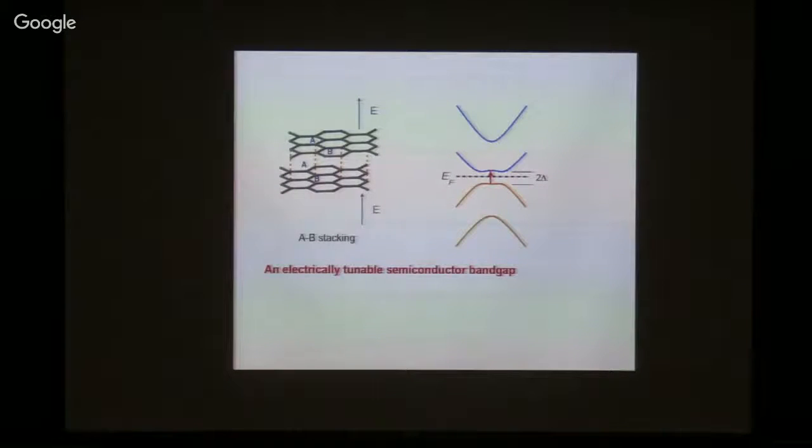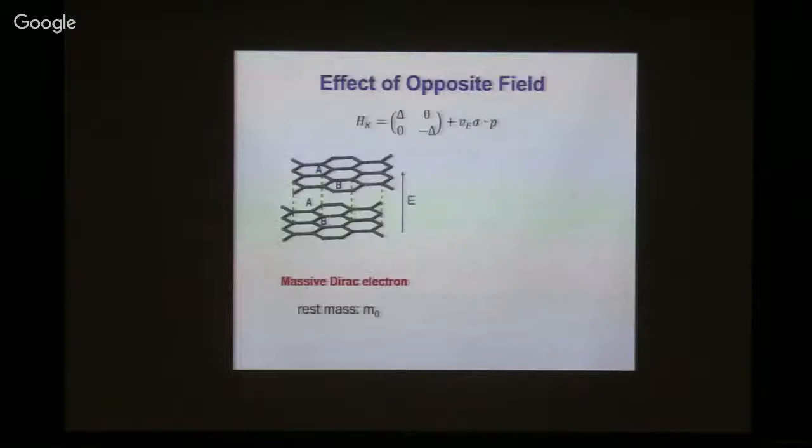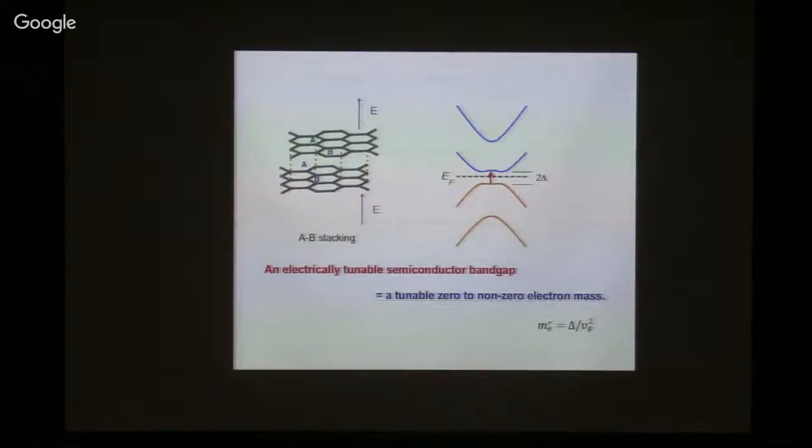So now when we create a finite band gap, that really corresponds to creating a finite mass if we define mass as the energy you need to create the particle divided by Fermi velocity squared. So if we create a finite band gap in bilayer graphene, we can think effectively we are generating a massive Dirac electron particle. So OK, with this finite mass, what can we play with it?